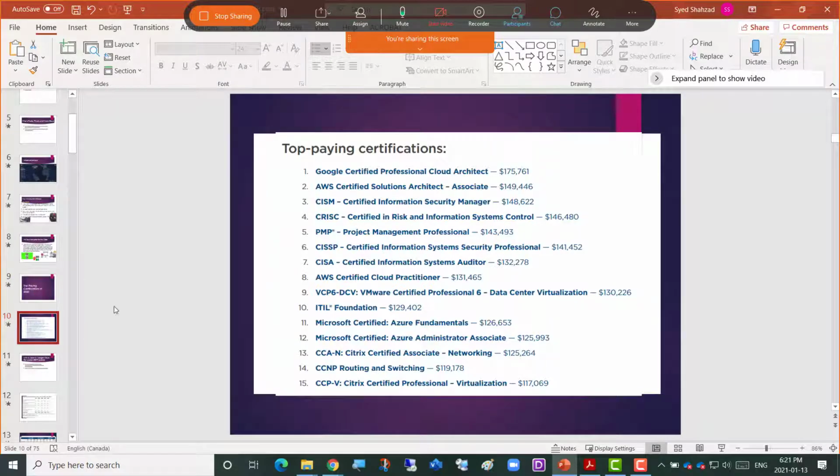First of all, the top certification of 2020 till now has been the Google Certified Professional Cloud Architect. This certification, or the knowledge of the cloud services provided by Google, has gone great in demand. If you are a programmer, that is even better, but you don't have to be a programmer to be a cloud services provider expert. But a Google certification is the top, then the AWS or Amazon Web Services certification.